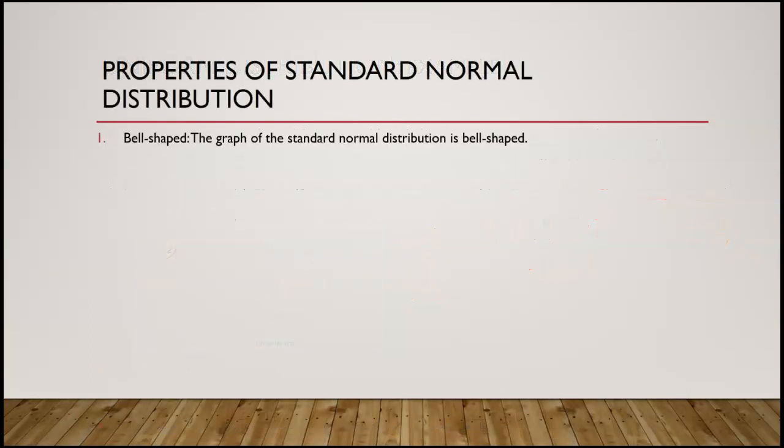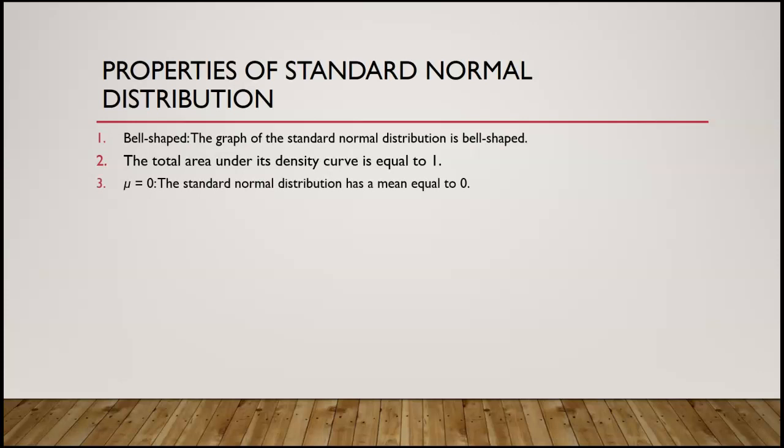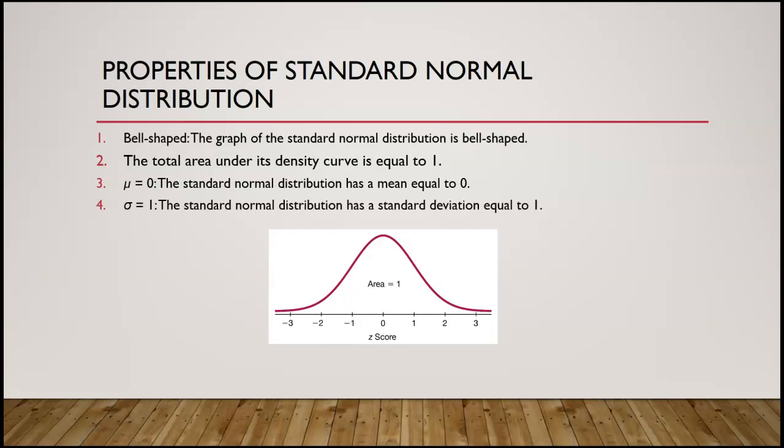Now let's look at the properties of a standard normal distribution. Standard normal distribution has a more complicated bell shape, so it's more difficult to find the areas, but the basic principle is the same. The total area under the density curve is equal to 1. Standard normal distribution has a mean that is equal to 0 and a standard deviation that is equal to 1. It is not easy to calculate the area or probability of the standard normal distribution because of its shape, so we will use technology or Table A2.